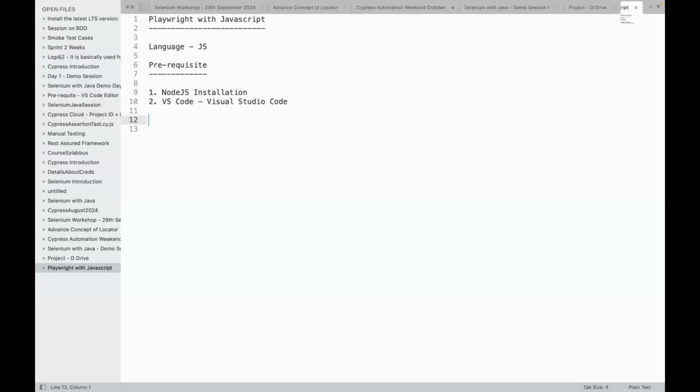And once the VS Code setup and Node.js installation are done, guys, we will be creating the project from scratch. Overall, in this journey, we will have around 5 projects, guys. When I say projects, I'm not talking about end-to-end projects. The first project will be purely on all the Playwright concepts with respect to UI. So project one will be talking about all the UI and API concepts, guys.